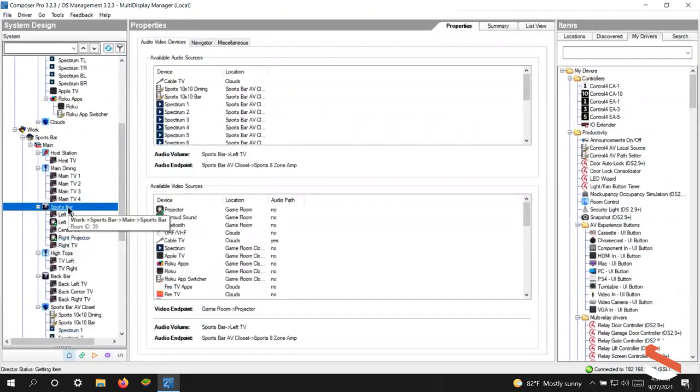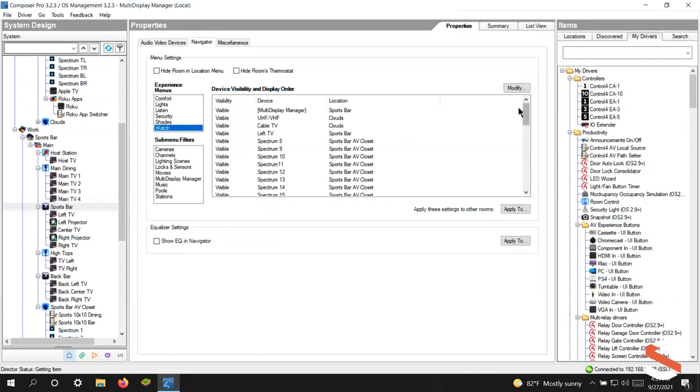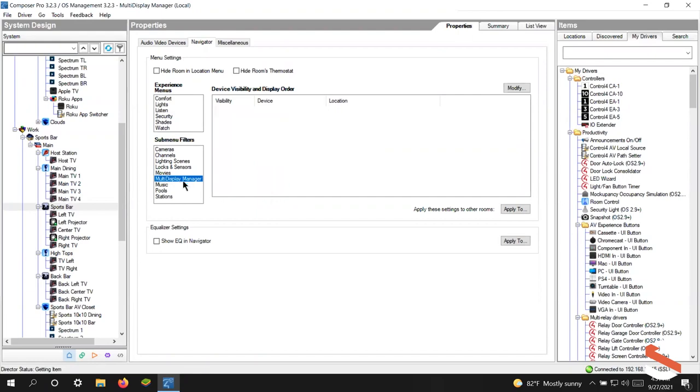So in that sports bar navigator tab on my watch page, I should now see the multi-display manager. And it's also got a submenu. So if you've got presets created, we'll take a look at those in a minute, your presets would show up in here. So now that I have refreshed navigators,